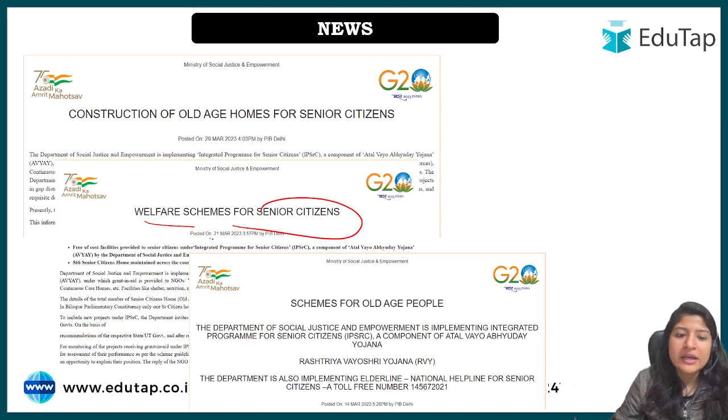You can look at 21st March 2023, 29th March 2023, 14th March 2023. So it means it is frequently in the news, and that too in a detailed manner. There is no specific change or current development that has occurred, but we know that if any scheme is frequently covered in a detailed manner in PIB, it can be asked in the examination. So that is why we are going to touch this topic, and also one of the reasons is that one of you has asked me to make a session on it.